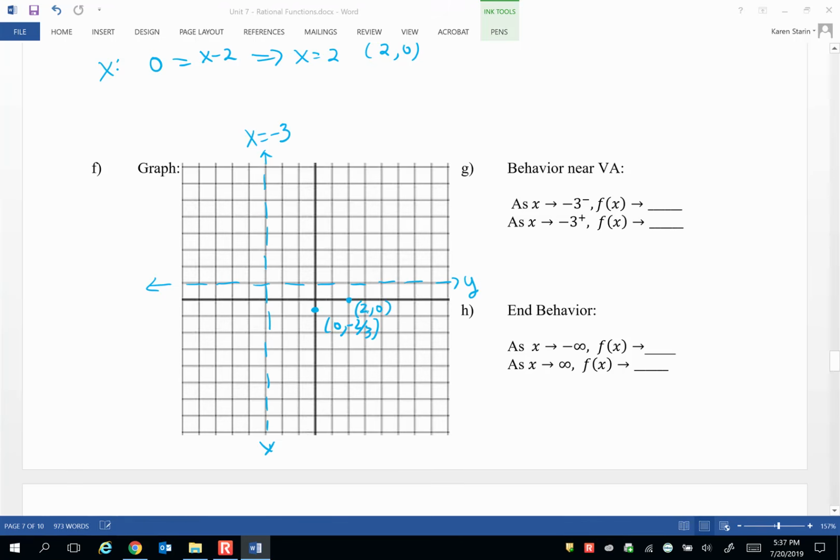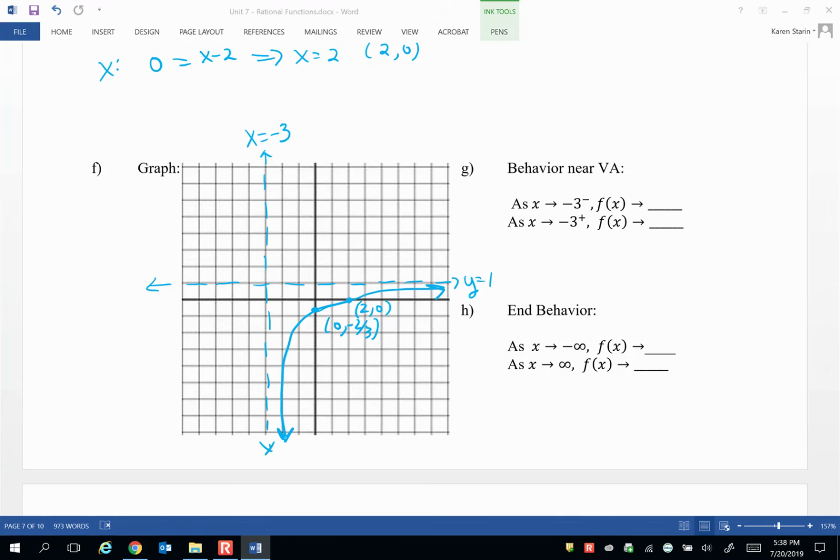Now I know that my function is bound by y equals 1 and x equals negative 3, and I cross through these two points. So I have to show that this branch lives between x equals negative 3 and below y equals 1,